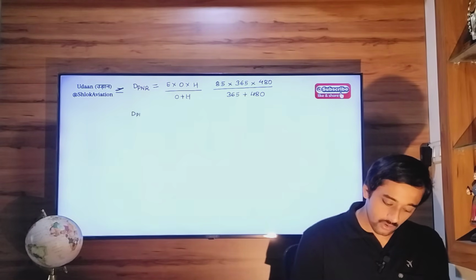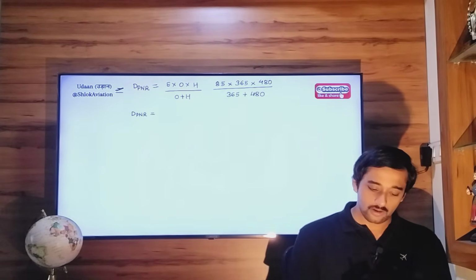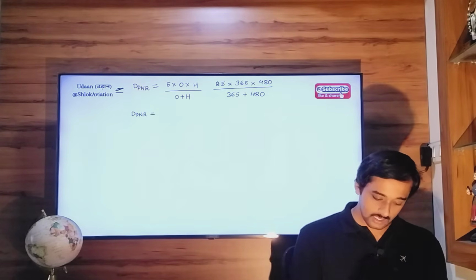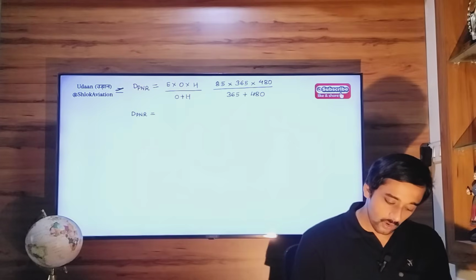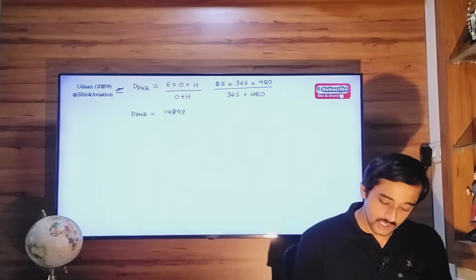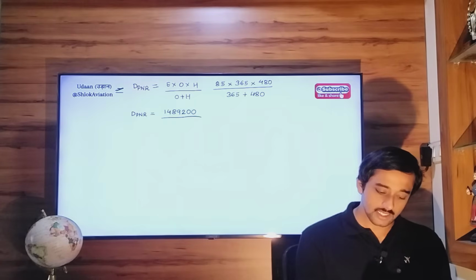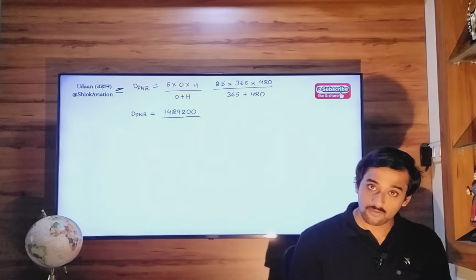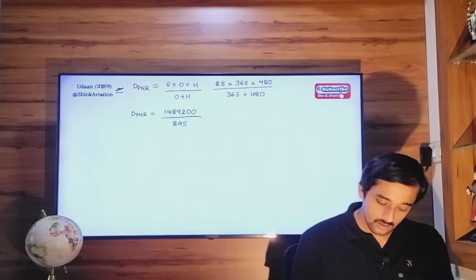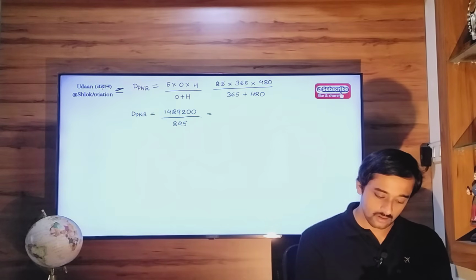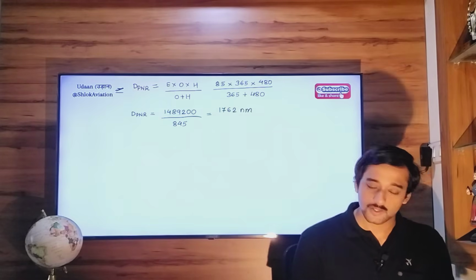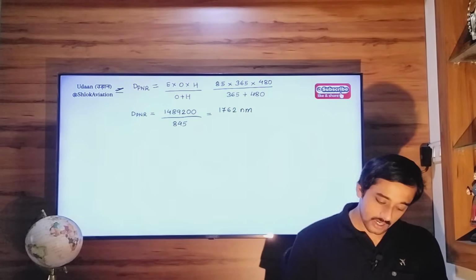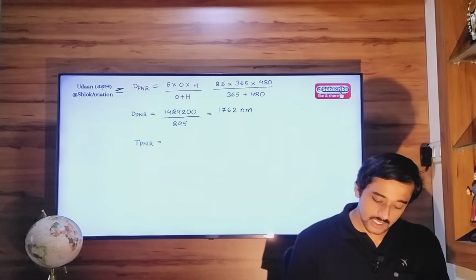So distance to point of no return equals 8.5 into 365 into 480, 1489200 divided by 365 plus 480, 845, is equal to 1762 nautical miles. Okay. Now time to point of no return is going to be distance to point of no